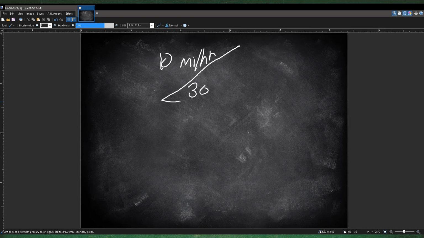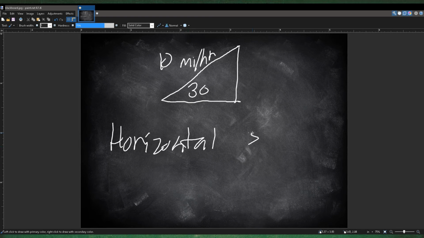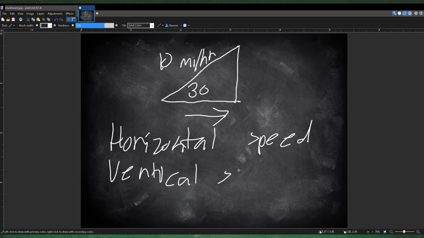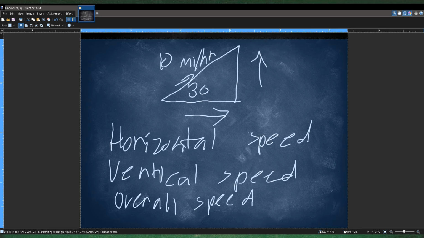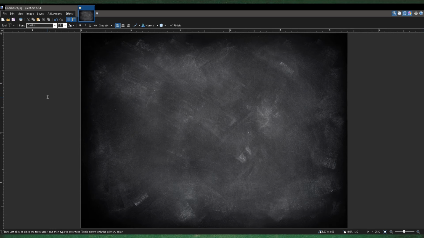Usually for velocity vectors, you want to find the horizontal speed, so the speed as it goes in the x direction, or you want to find the vertical speed, which is the speed that you're going up, and then there's the overall speed, which is just the hypotenuse, basically. So those are the three speeds you're going to be looking for. So based on our example,